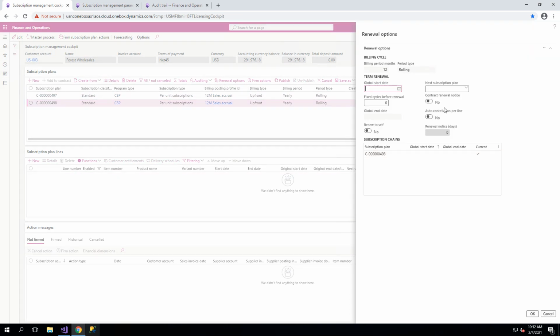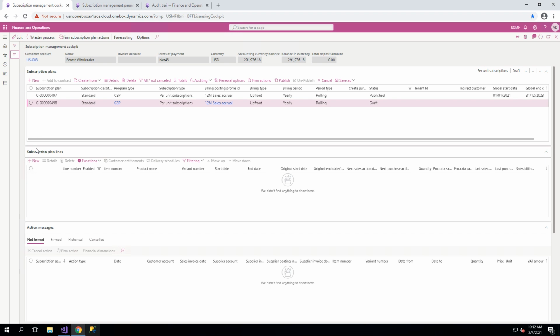and from the renewal options I'll specify my start date of my contract, and I will specify 3 cycles of 1 year. So there are 3 cycles of 1 year, and in total the contract has a length of 3 years. I close down this dialog, create a new plan line,